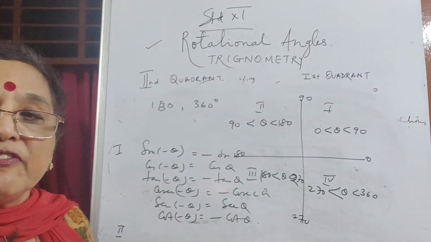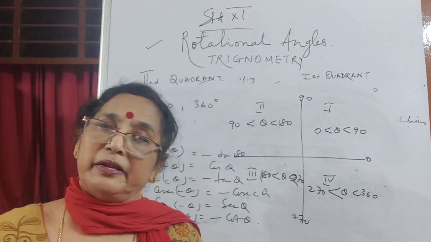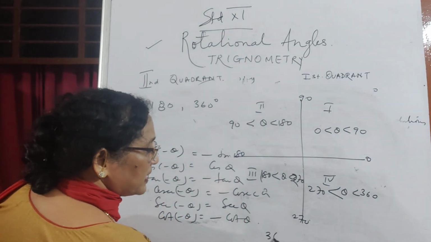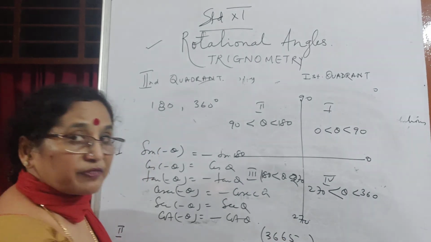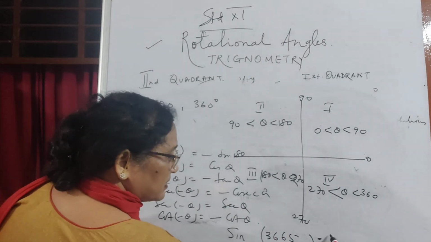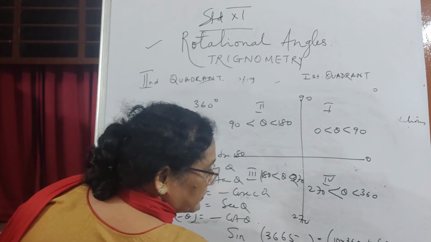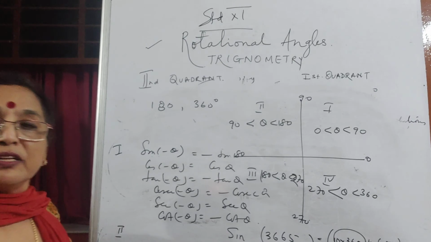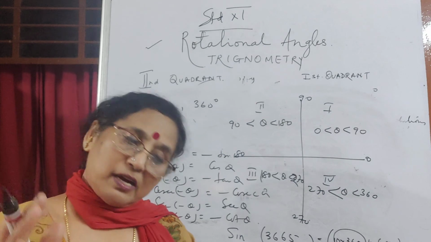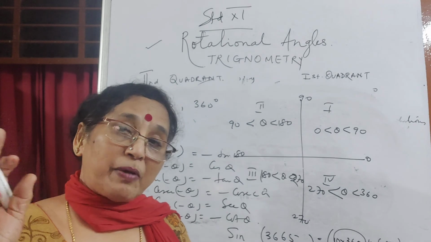And if it's more than 360, divide by 360, remove the quotient and just take the remainder, and then break up the remainder. Suppose I say you have 3665 degrees. Whatever I take, sine, cos, whatever, this is 10 times 360 plus 65. So we are not taking revolutions into consideration. Remove 2n pi. Only pi, not 2n pi, because with pi you have to be very careful.